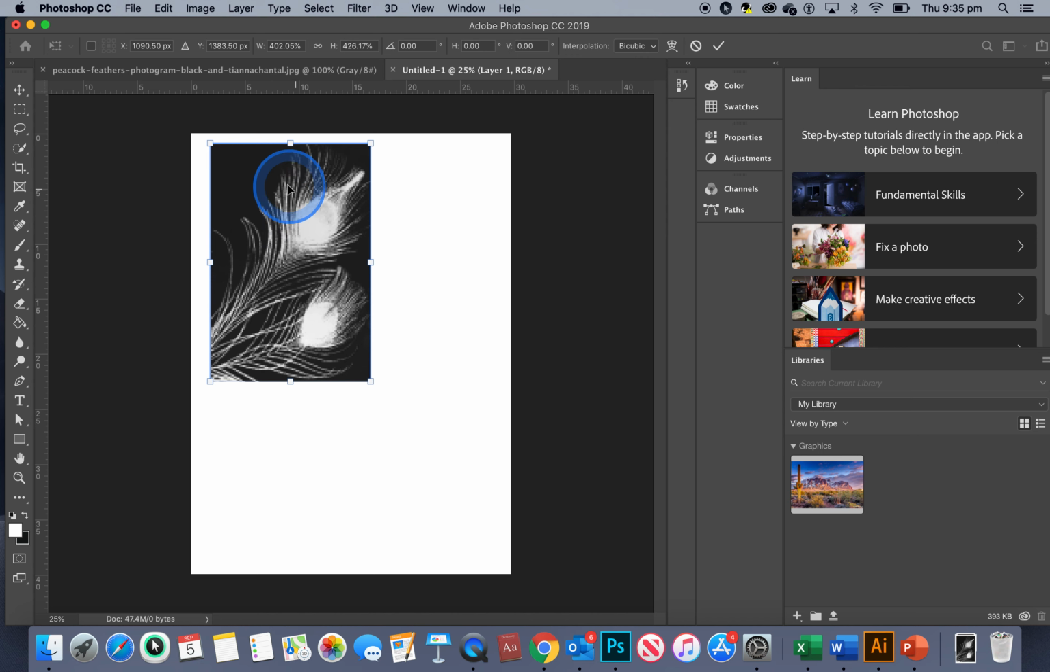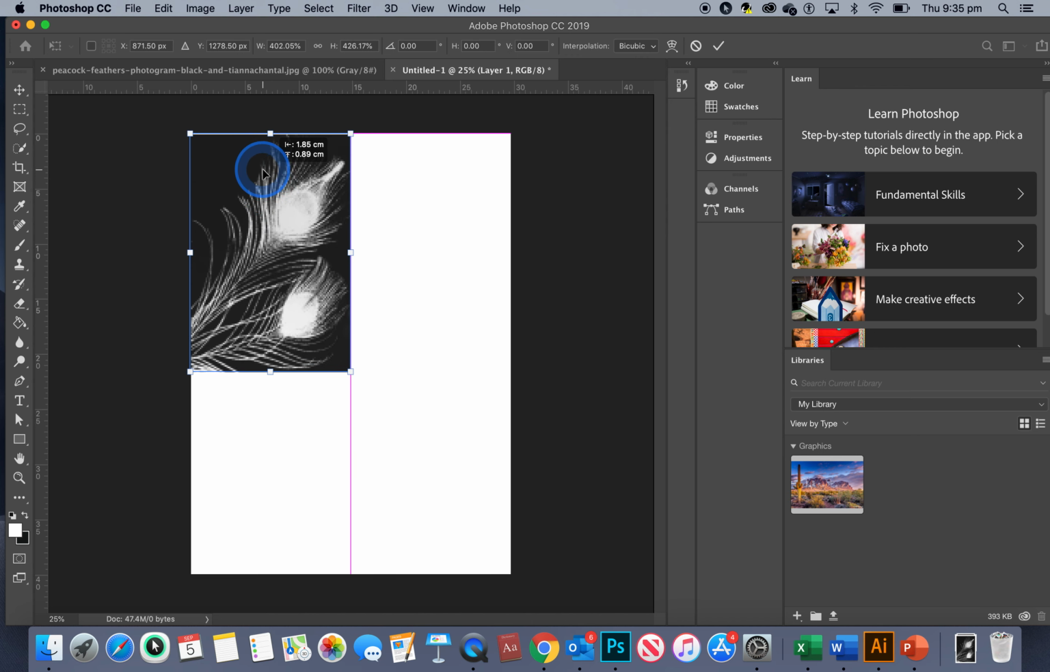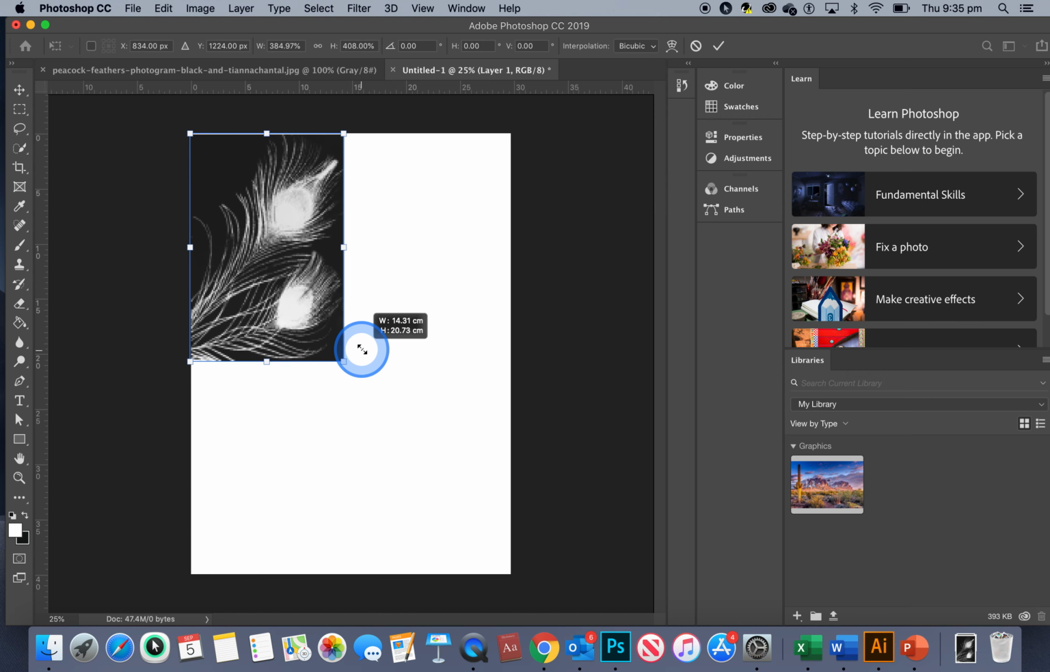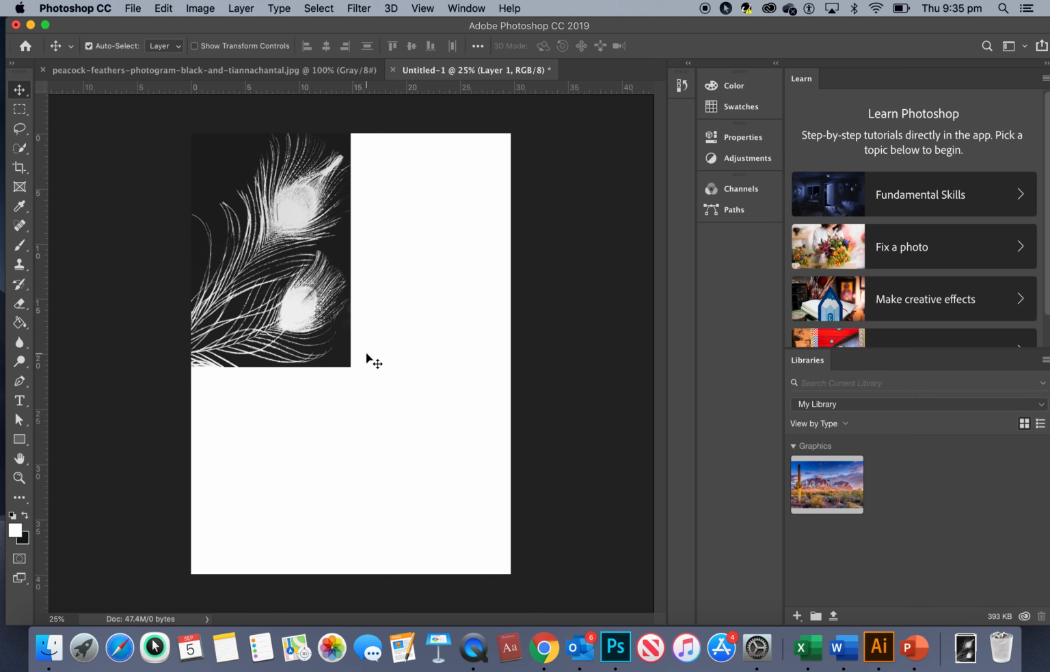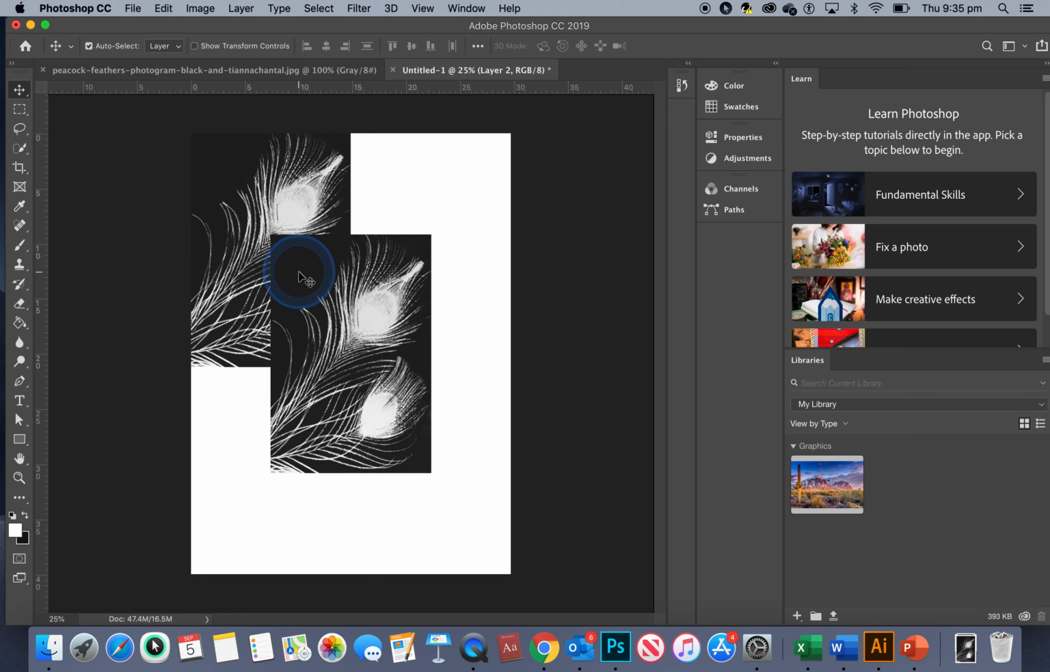This one is skewing a bit, but because they're peacock feathers, I can kind of get away with it. So we'll just get up to, maybe about there, looks about right. And of course, because I've used the transform tool, I'm going to have to tap enter to get out of that kind of selection. All right, so now to make a copy of this, it's just Command V